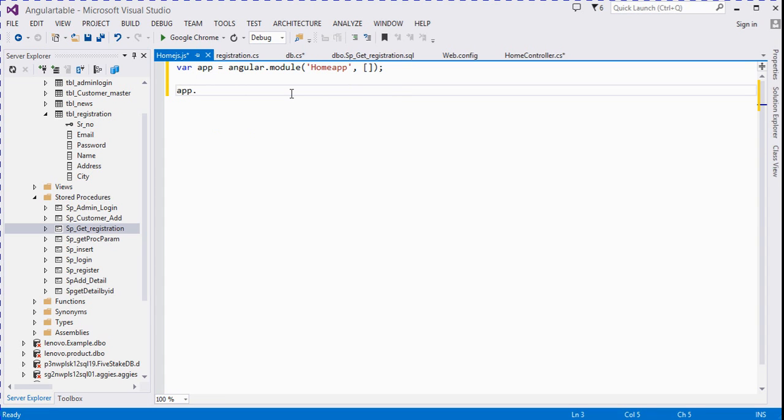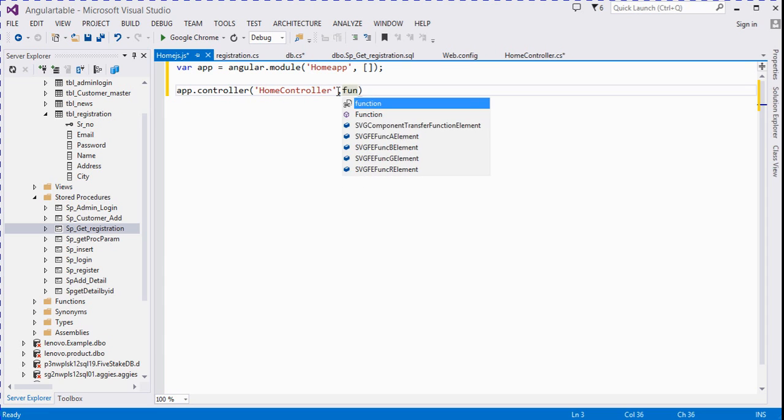App dot controller. You write here the controller name like home controller. You can write any meaningful name, and pass one more function,